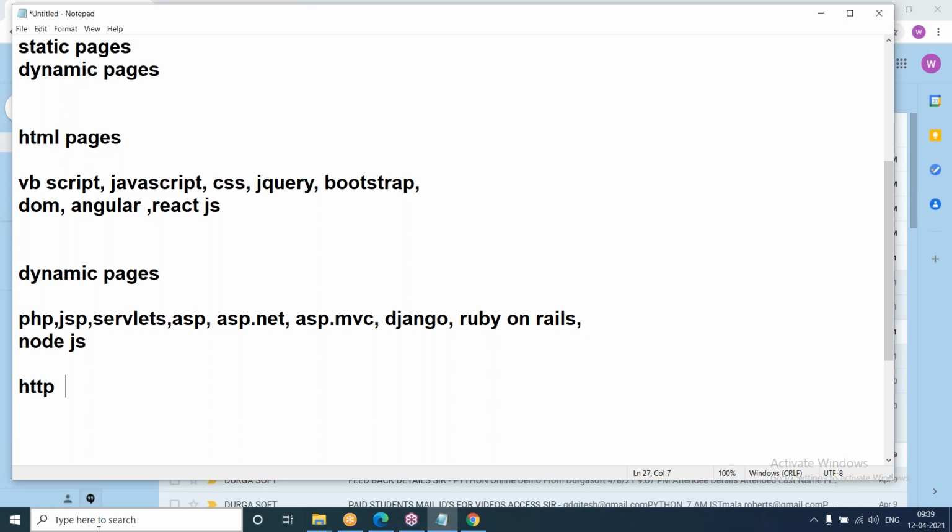So when we are using server-side technologies, we can implement other security features, like protection against SQL injection attack, cross-site request forgery, cross-site hijacking, cross-site scripting, many things. All sorts of security related to the website or web pages we can implement with dynamic pages. In this session, I cannot explain what is SQL injection attack, what is cross-site request forgery,